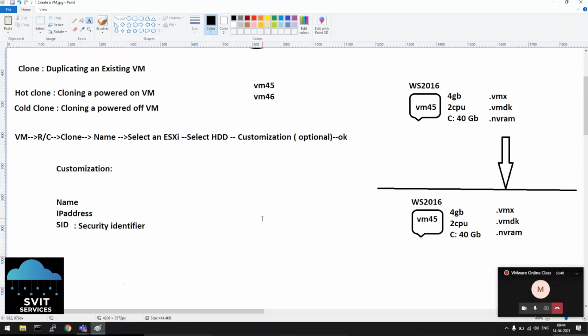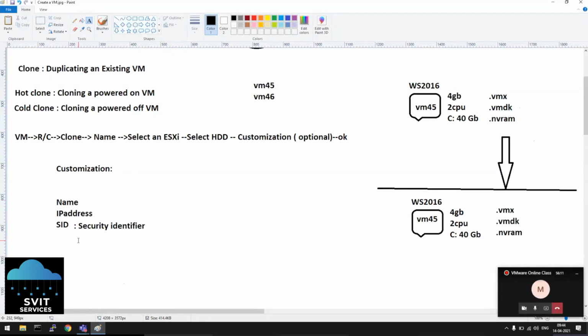These three values should be changed on a cloned machine. Changing all these three values is called customization: changing the name, changing the IP address, changing the SID.